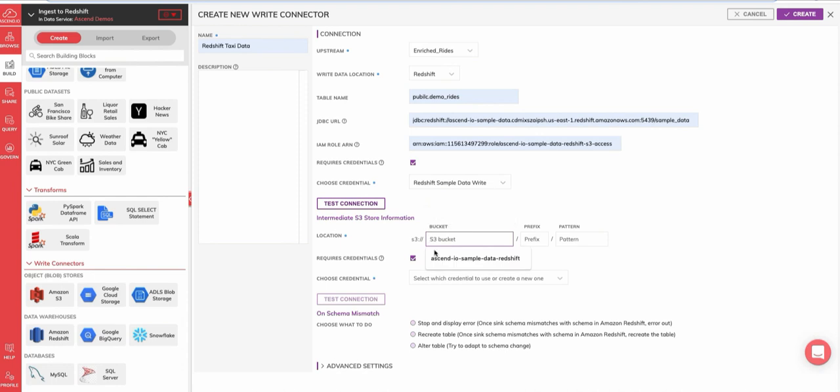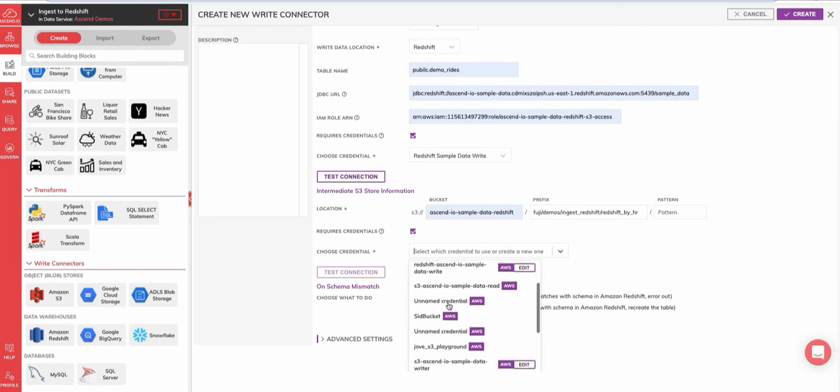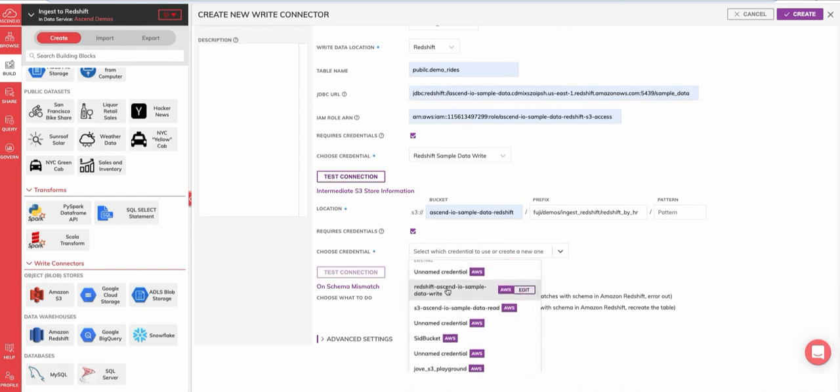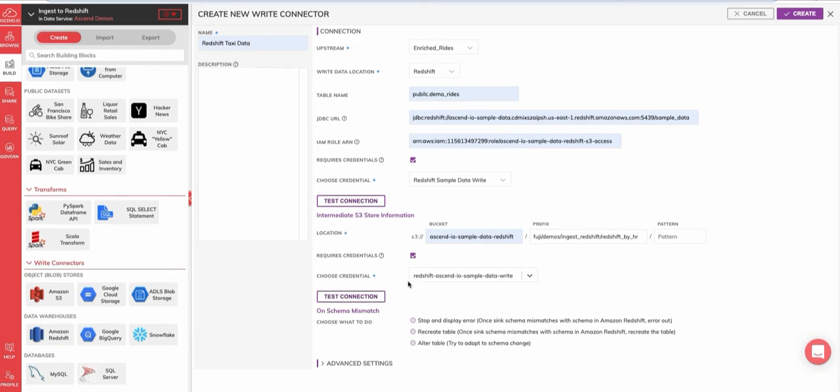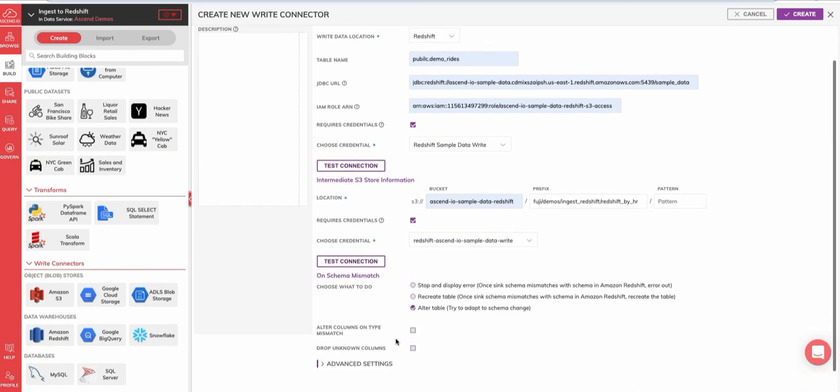We also have an S3 bucket that we're going to use. The next thing we need is a prefix. And we also need credentials for our S3 bucket. Ascend has the ability to do a few things. One is stop if there's a problem with the schema, but we also have the ability to alter the table and try to adapt to the schema changes. We can also do it with columns that mismatch as well. So now we're going to click Create,